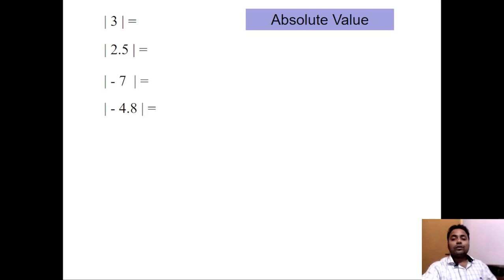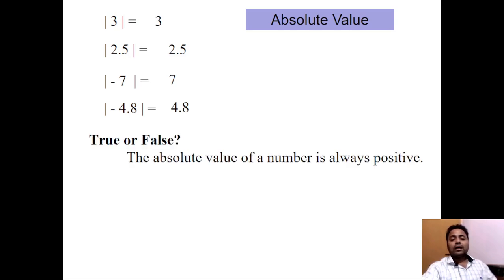Absolute value: modulus of 3 is equal to plus 3, modulus of 2.5 is equal to 2.5, modulus of minus 7 is equal to minus of minus 7, which means 7, and modulus of minus 4.8 is equal to minus of minus 4.8, which means plus 4.8. The absolute value of a number is always positive. Is it true